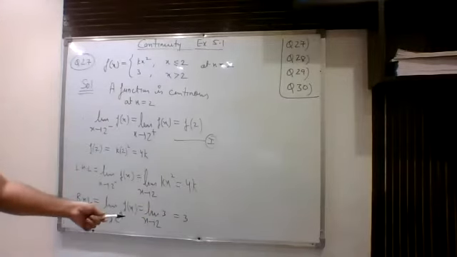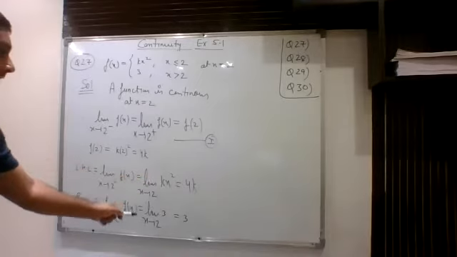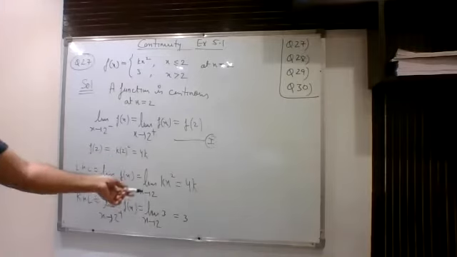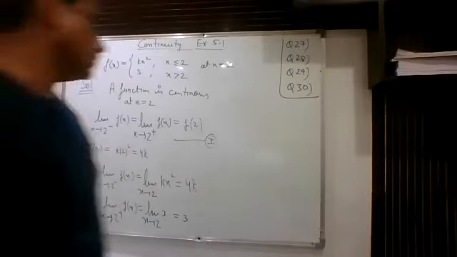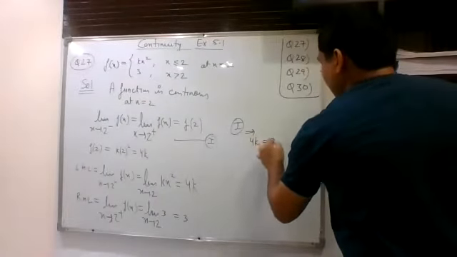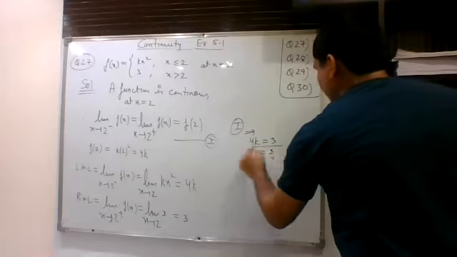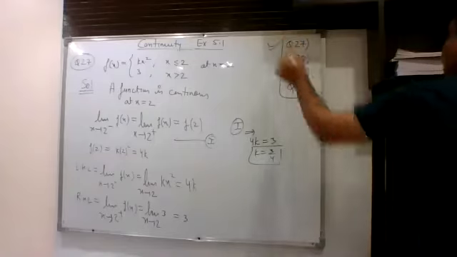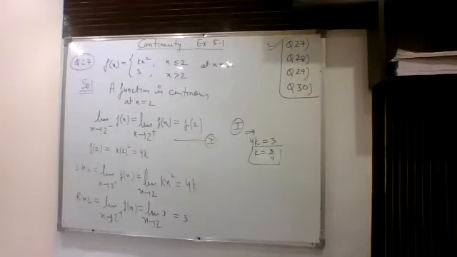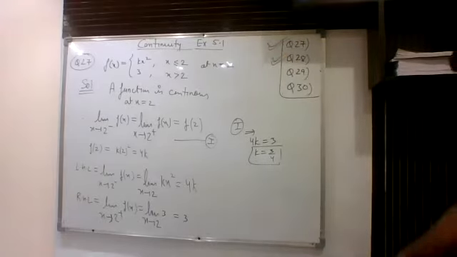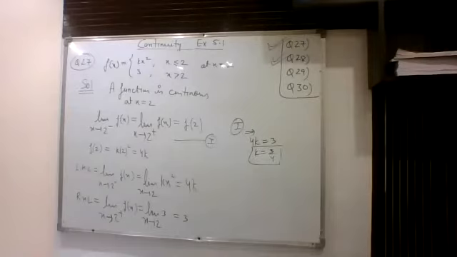And as I told you earlier, once you have decided the function, then no need to write 2 plus and 2 minus. Now these three things are equal, just equate them, substitute in number 1 and equate them. So you will say number 1 implies 4k is equal to 3. So k will be equal to 3 by 4. So this will be your answer for this particular question. So I have done this 27. Similarly, you can do question number 28 yourself. Try question number 28.